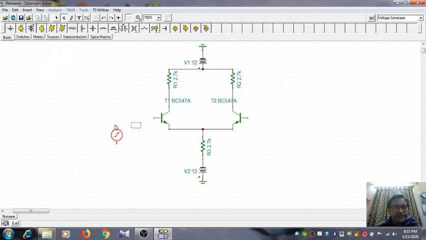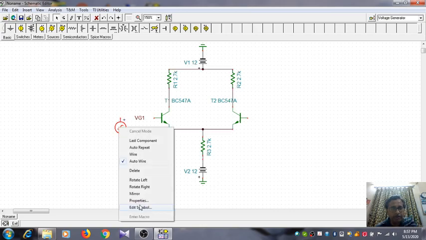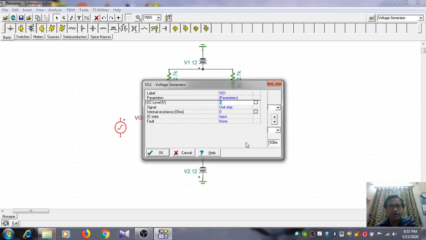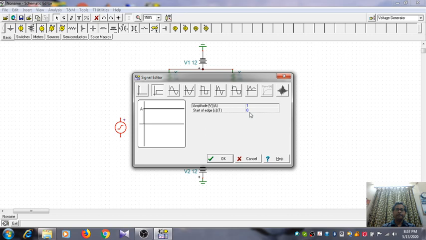Okay, bring it here. By default the property of this signal generator is a unit step, but that is not our purpose because in the laboratory we normally require a sinusoidal signal generator. So here the various choices are there, as you can see. It can be pulse type, step, a sinusoidal one, a cosinusoidal one, a square wave, triangular, and so on. So let us choose this sinusoidal one.